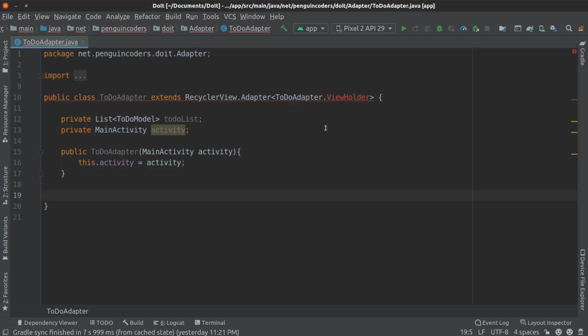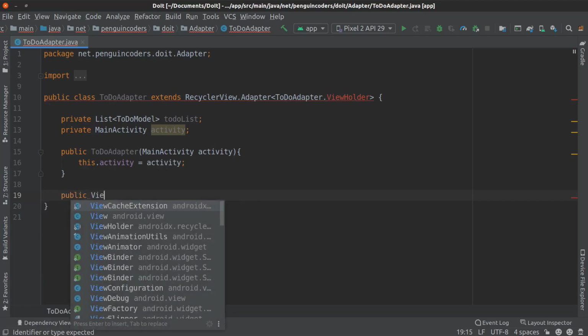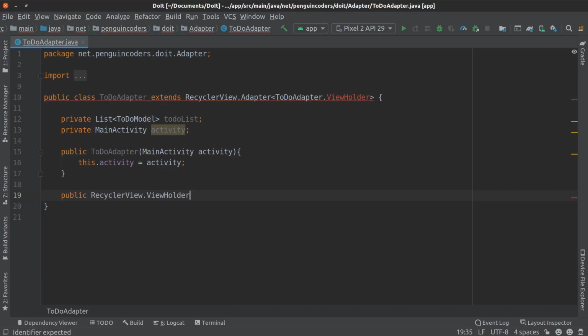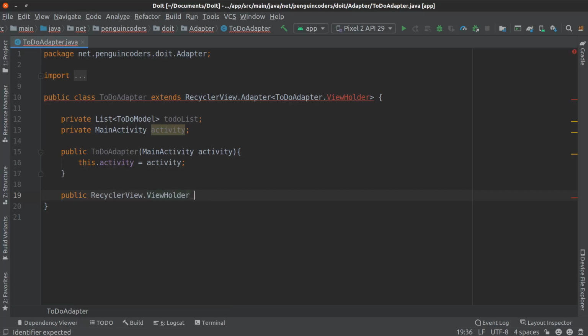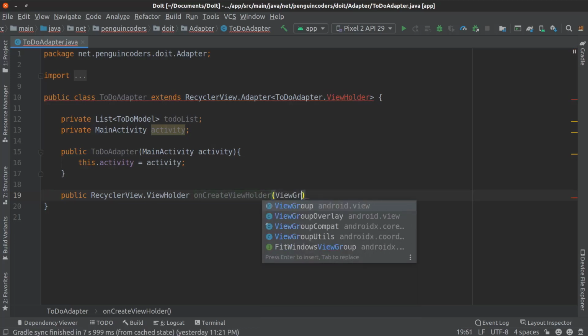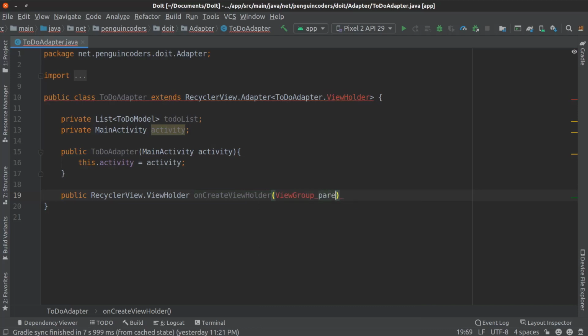Fine. Now I need to define the view holder function. So I'll be defining a public ViewHolder onCreateViewHolder, and we will be passing the ViewGroup parent and the int viewType.